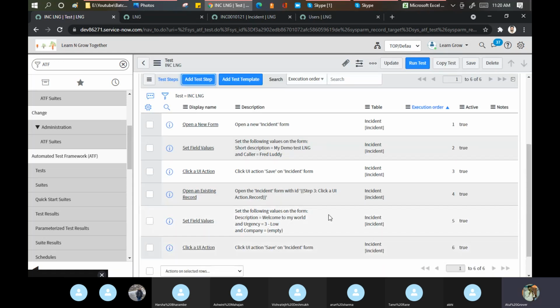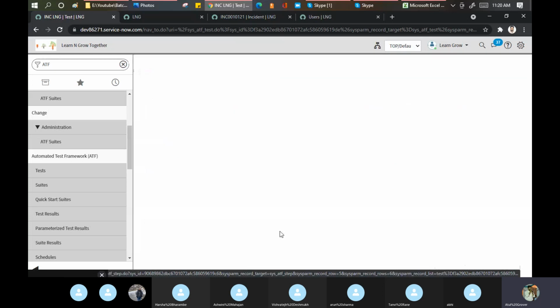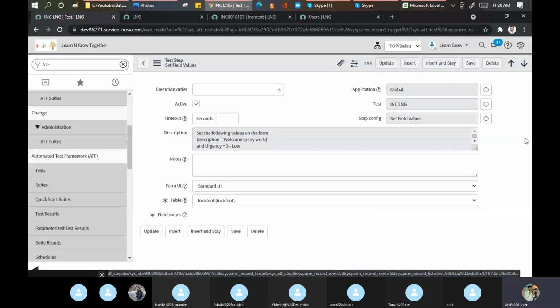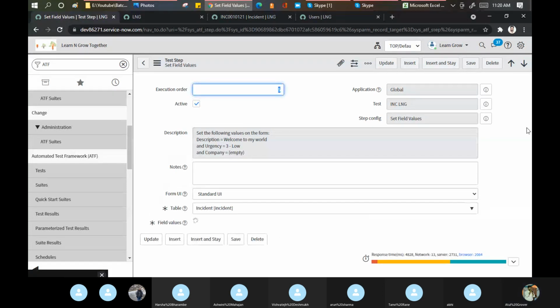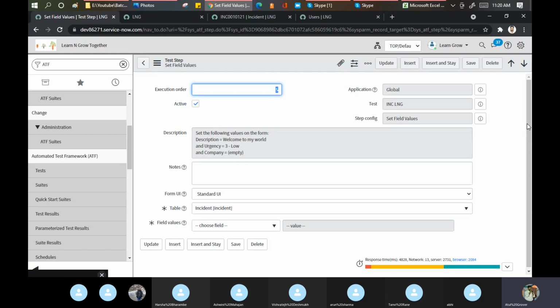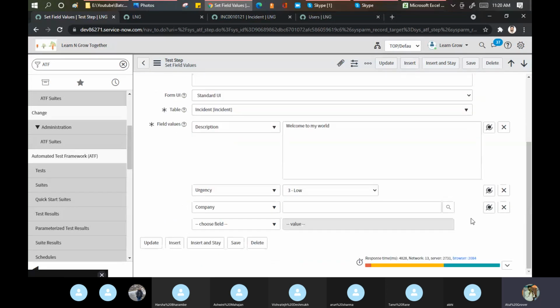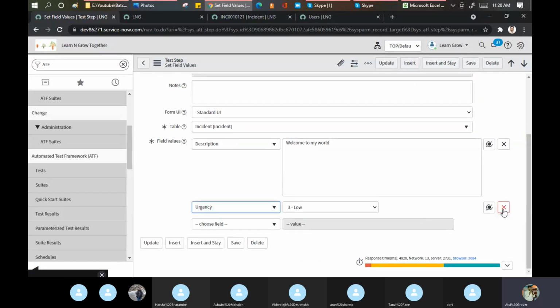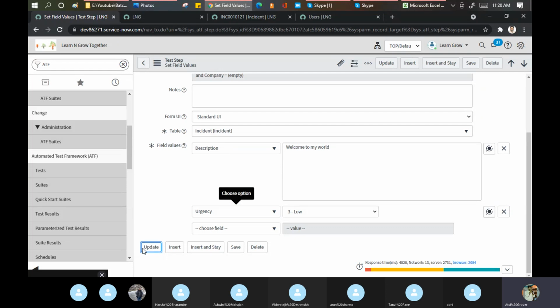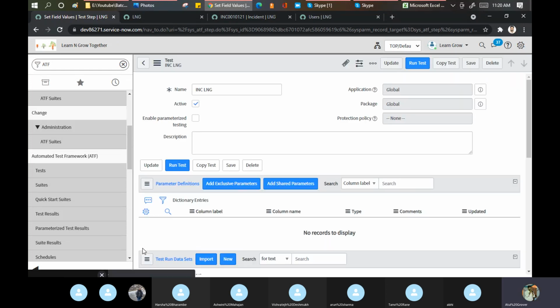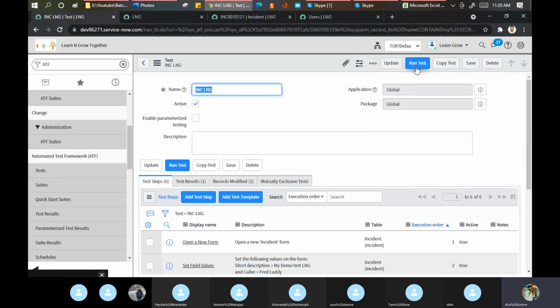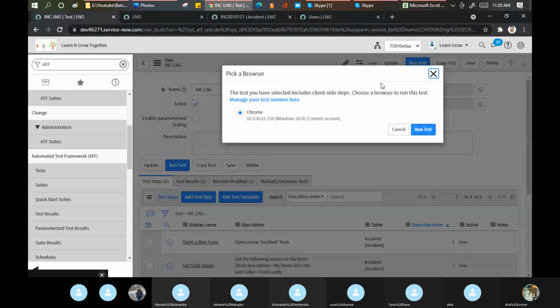Okay. Now, what are we expecting? Hey, wait. My company is becoming empty. Let me remove this. It will fail otherwise. Better to remove this field here, because we already set up the company, so I don't want to disturb that element. Let me remove this and update. Now we will run the test. It asks, do you want to run? Because it is already running in this window. I said yes. Okay, run the test.